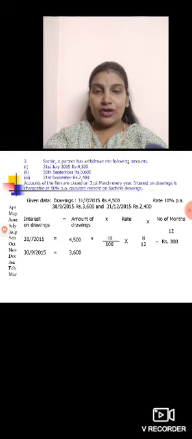Then now we will calculate on the second withdrawal on 30/9/2015. 3,600 you have withdrawn into 10% rate of interest into number of months. How to count? 30th of September. So you should not consider September here. You should count from October because it is the end of the month. October, November, December, January, February and March. So totally how many months? 6 months. 6 outstanding months. 6 divided by 12. So the amount you will get is 180 rupees.